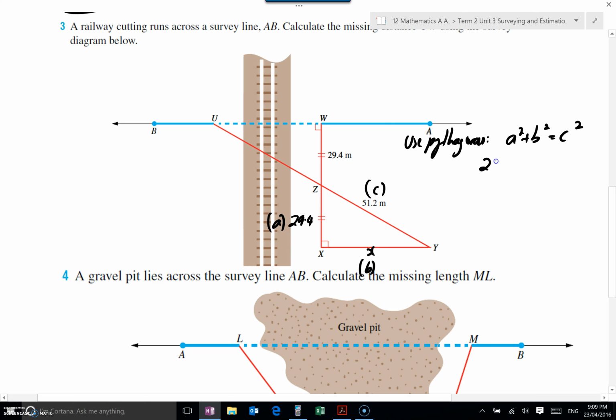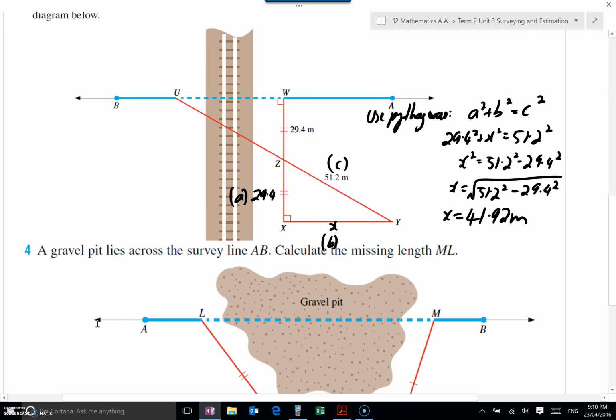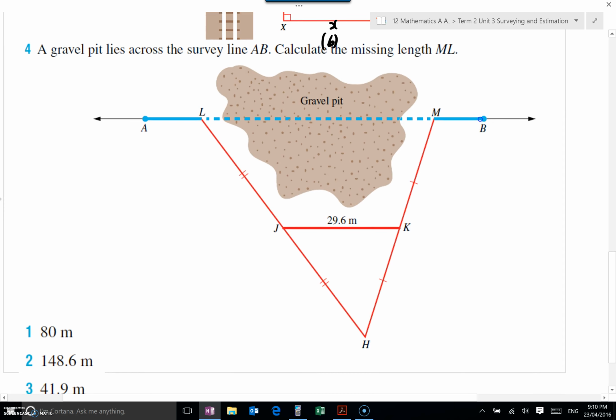So 29.4 squared plus x squared equals 51.2 squared. And you should be able to finish it off from there. There we end up with 41.92 meters. And the final one,